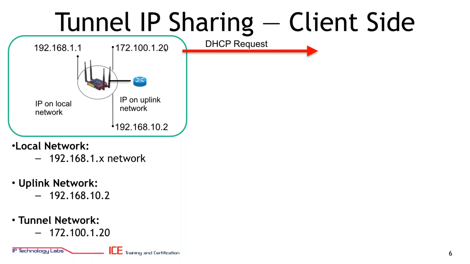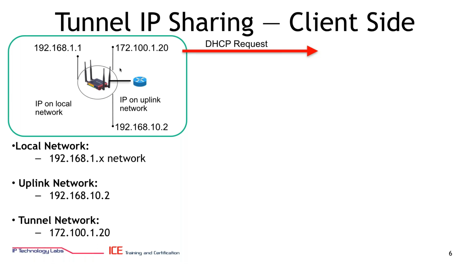So it's a routed interface. To the device, it looks like just another detached Ethernet interface. When this tunnel is established, it sends a DHCP request through the tunnel to the server-side network. It receives an IP address from the server-side network, and then we apply NAT to that. So what you end up with is a 3-port router, 192.168.10 on the uplink, 192.168.1 on your local side, and